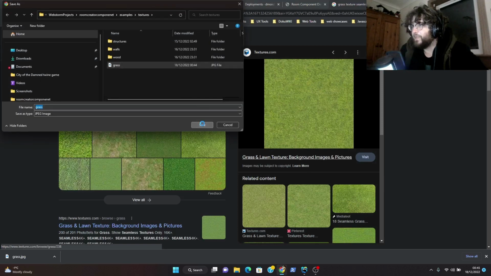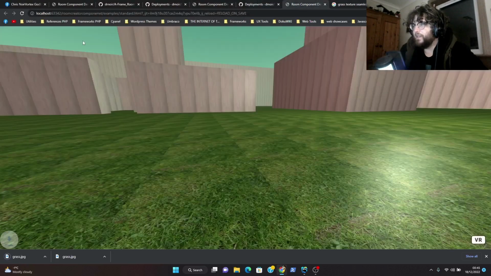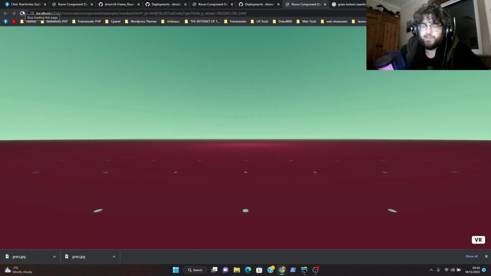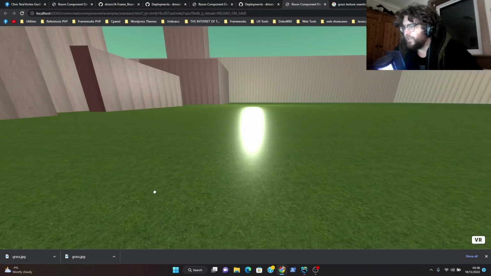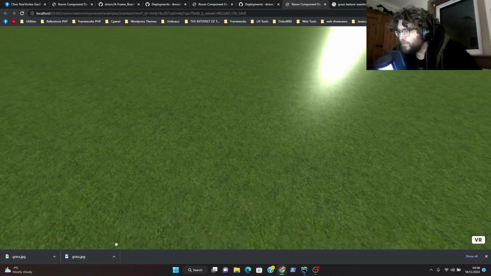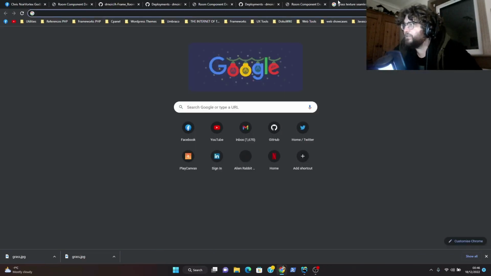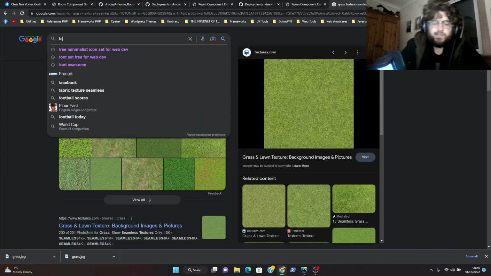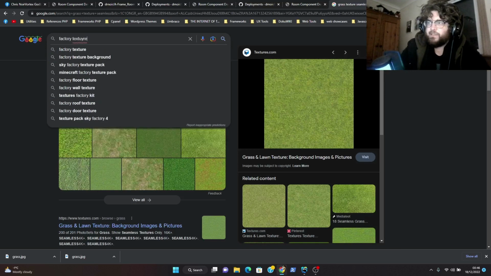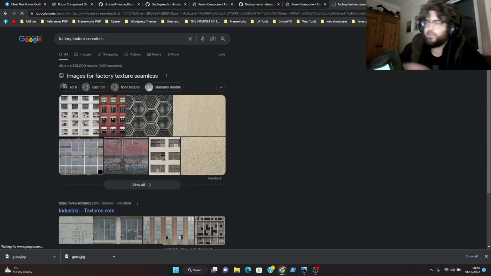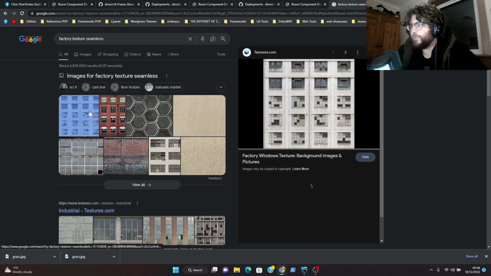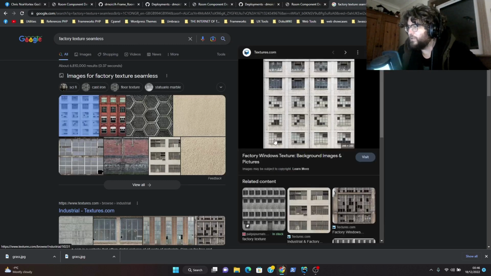And yeah, this isn't anything too advanced in terms of texturing. You can assign a custom texture per wall space, so that looks a lot better. It looks seamless now. That looks more like grass, and I'll add a factory just to see how this looks. Factory texture, seamless. Go here. That might even do it, but it's probably too